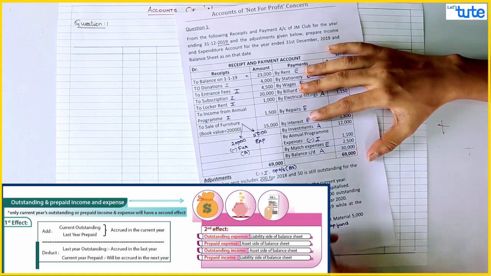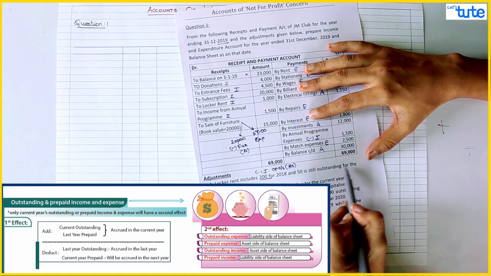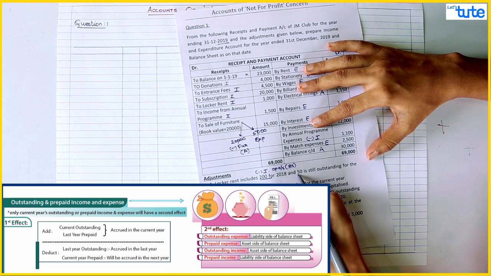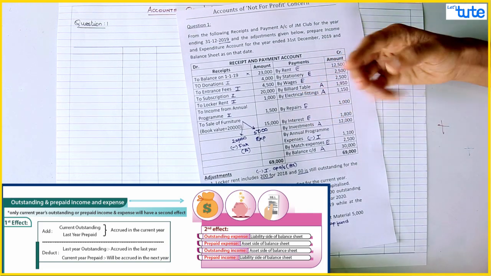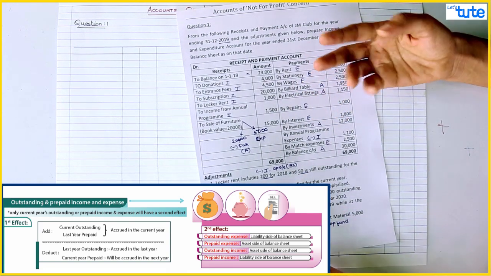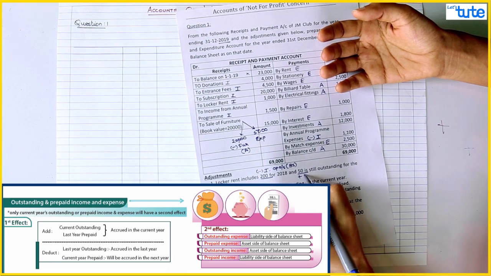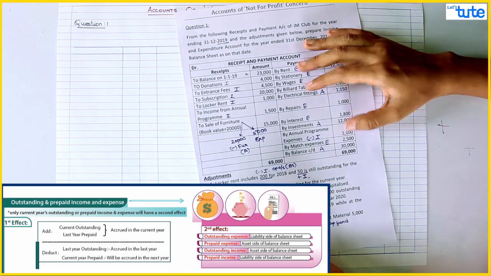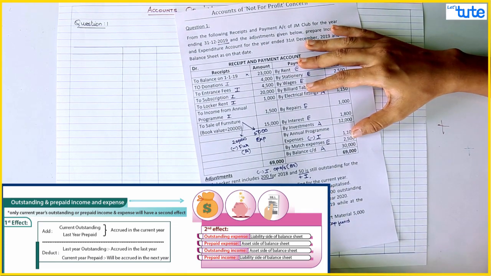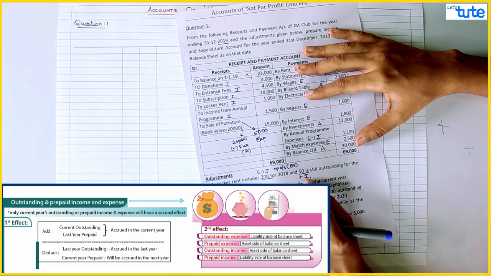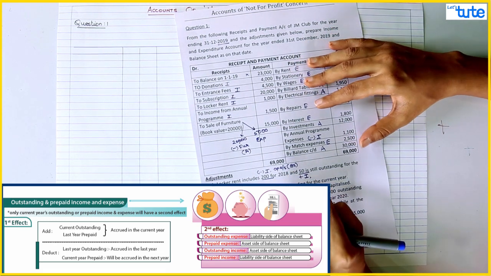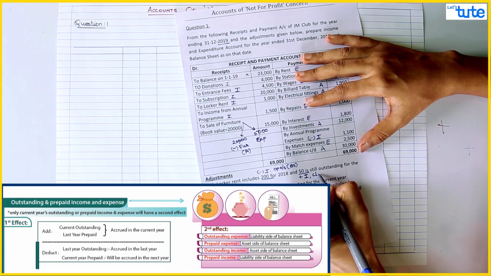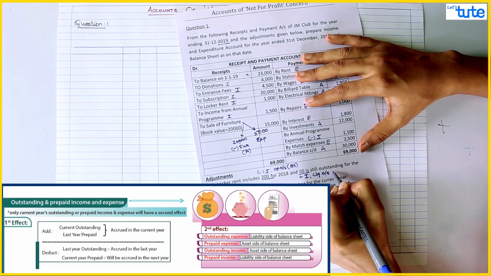Okay, and 50 is still outstanding for the current year. Now this is your outstanding income. Outstanding income, what we give, the two effects of outstanding income. First, it is add to income, that is locker rent, and since it is receivable for the current year, this will go to closing balance sheet, closing outstanding. Closing outstanding will go to closing balance sheet,